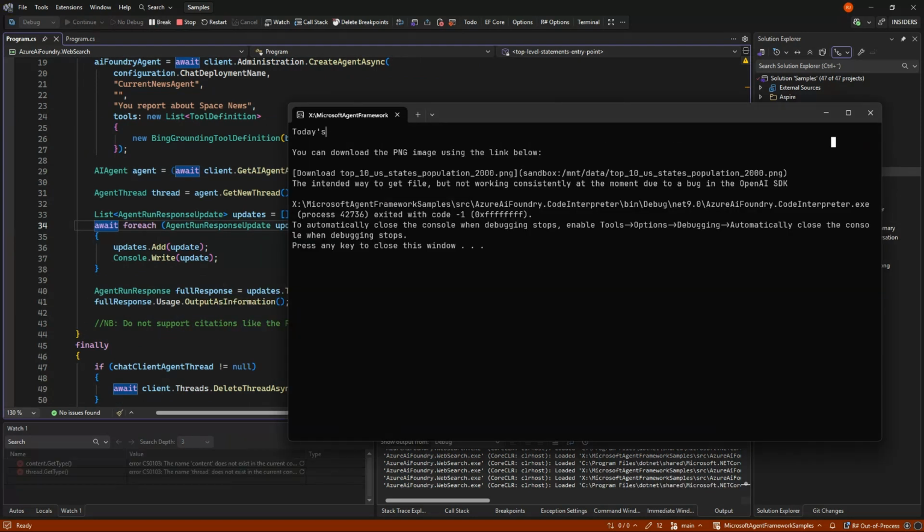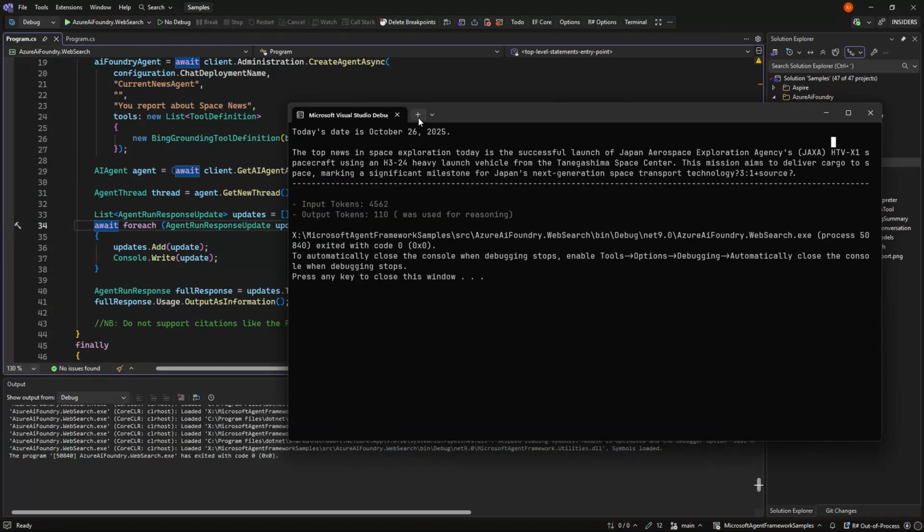And we will see that it comes back with the latest space news from October 26, 2025, as of this recording. We can see it used a lot of tokens because we went out to the web, searched for space news, got a bunch of links and text back, and used that in order to answer the question.